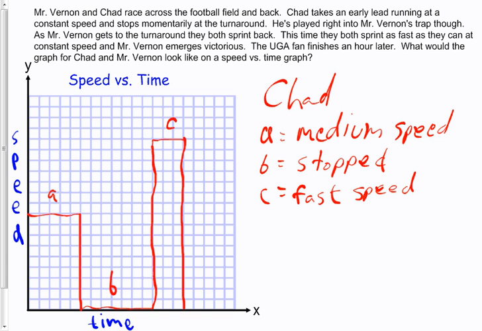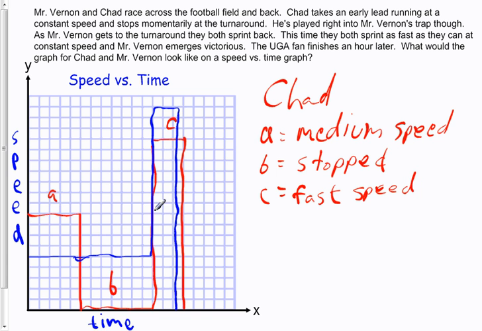Okay? Now for Mr. Vernon's, we're going to say at the beginning, he goes a lot slower for a while. Okay? But he doesn't stop, so his speed stays the same. That's supposed to be straight there. Okay? And then once he catches Chad at the other side, his speed goes even faster to return home. And he gets home, or back to the other side,